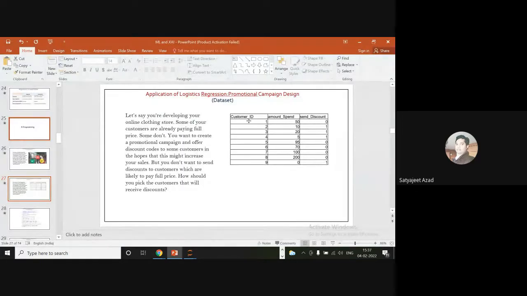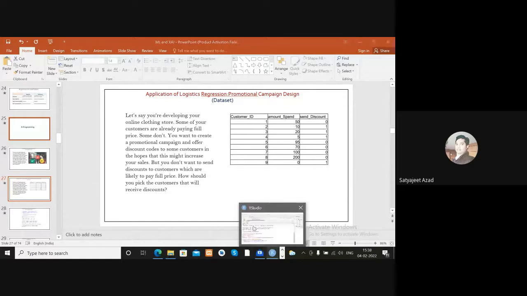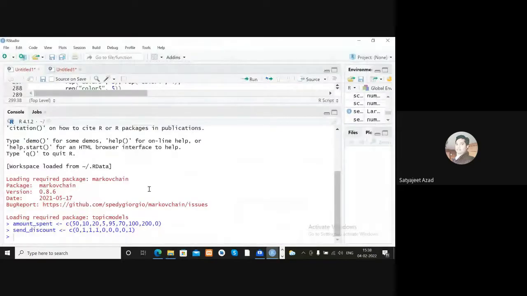Okay, so we are removing this customer ID. Here we are not including this customer ID. We are only taking amount spent as one independent variable. There is only one feature available with me now. What is that feature? Amount spent. And based on that, I have one response variable, that is sending discount. There is only a combination of input and output. So amount spent is a feature variable and sending discount is a target variable basically.